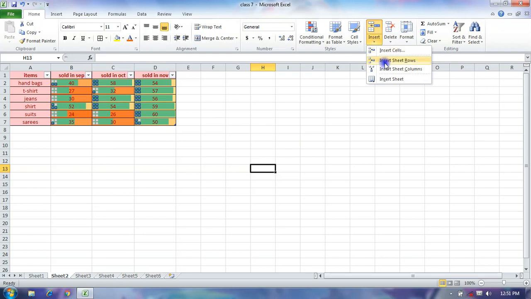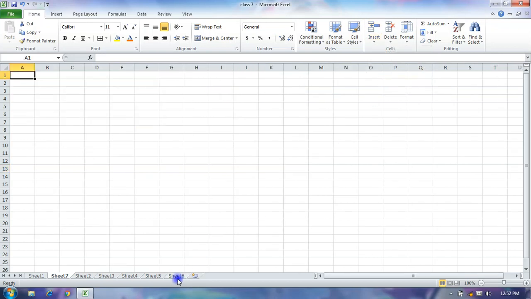If you insert a sheet row, okay, so it inserts a sheet row. Sheet column, it inserts a sheet column. Okay, you can see insert new sheet, it inserts a new sheet like that.